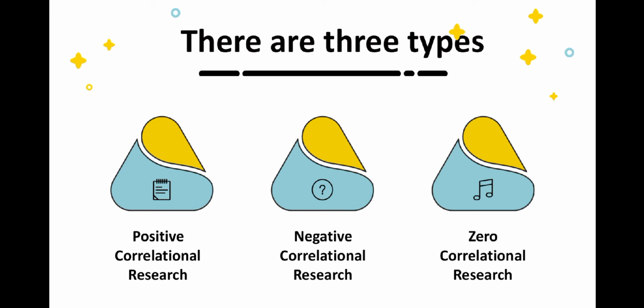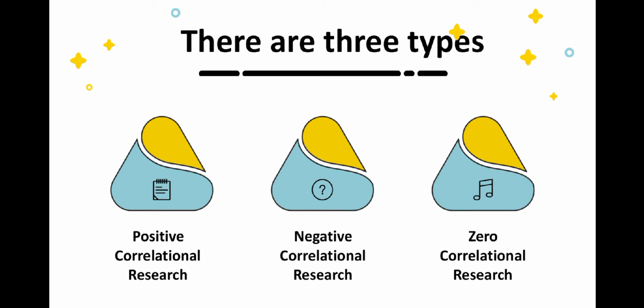The third is zero correlational research. Zero correlational research is a type of correlational research where there is no relationship between the variables. In this case, a change in one of the variables does not trigger a corresponding or alternate change in the